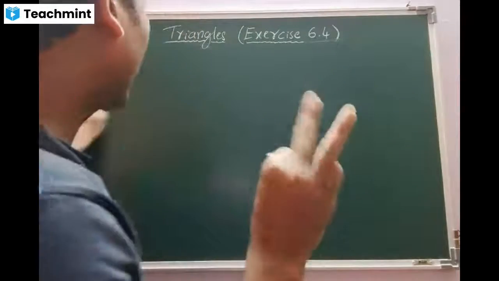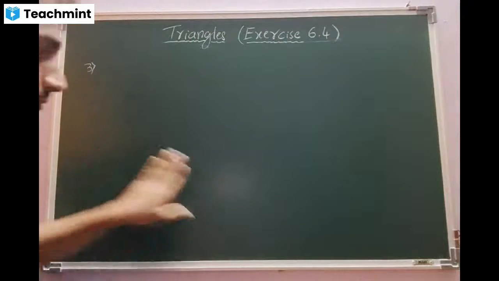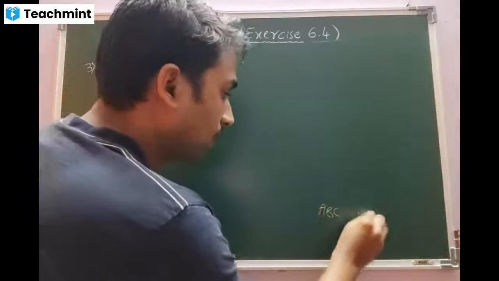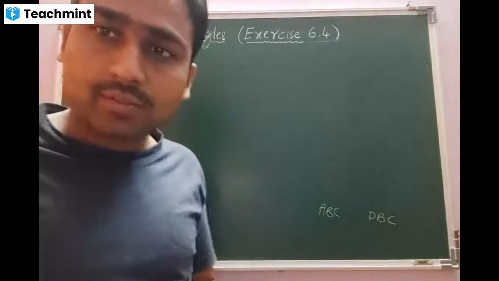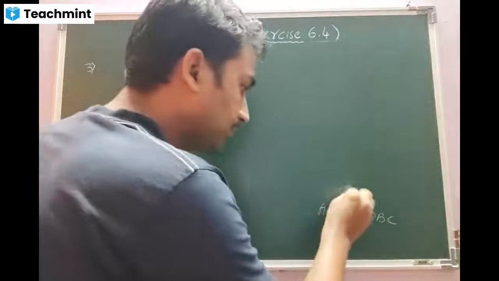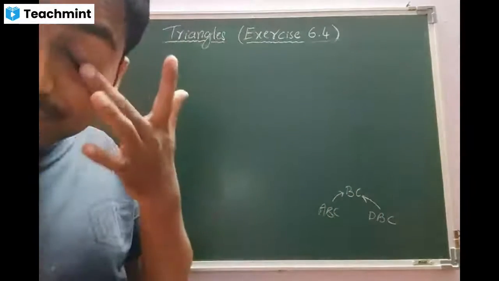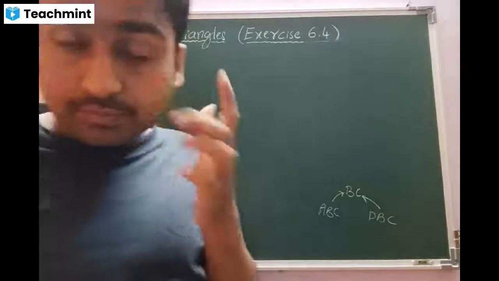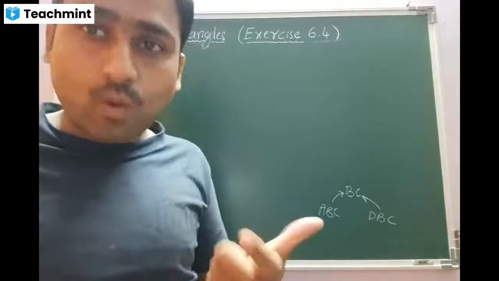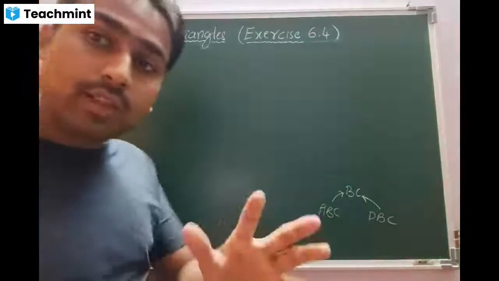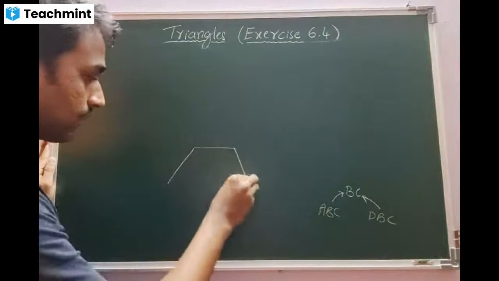Okay, beta. Look at the question there. They are talking about two triangles. Which are the two triangles, beta? ABC and DBC, sir. They are standing on the common base. What is the common base given? BC, sir. Am I right? So look at the rough diagram. What they have given. We will observe in a different manner, beta. We will observe they have given a trapezium. Am I right, beta?